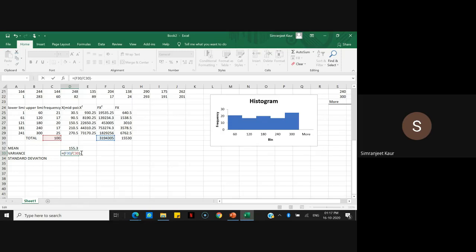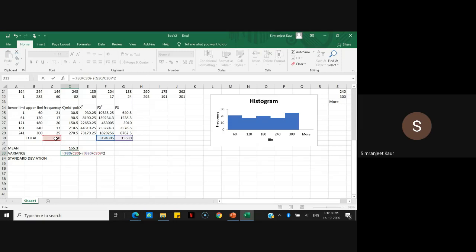Minus, we have to take a whole square now. So I'll start a bracket, then again put a bracket in between. So sigma fx divided by sigma of f. Now we have to take a whole square of this. So I'll just put an exponent here. This is on your keyboard, you will see it on 6.